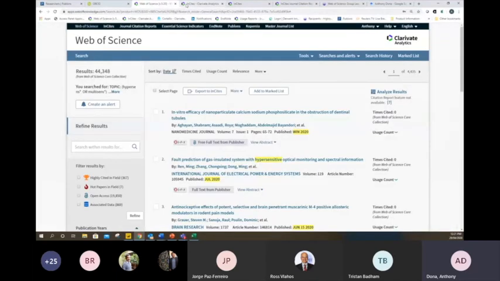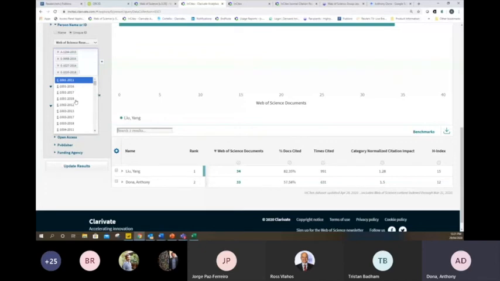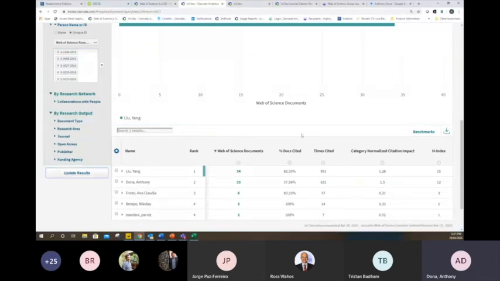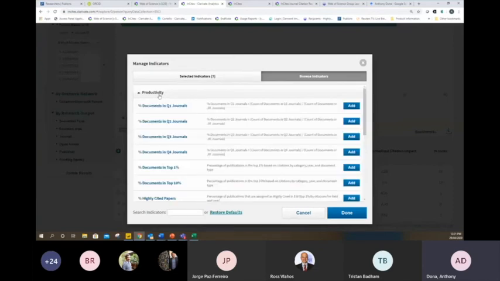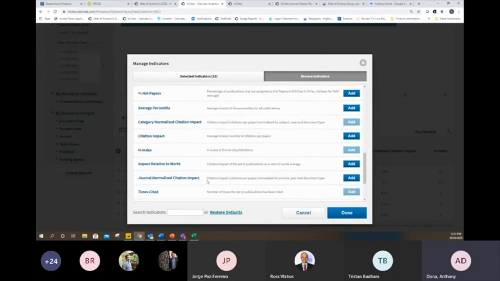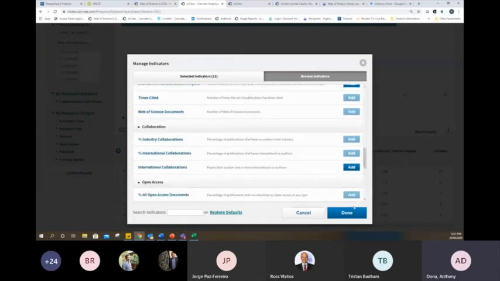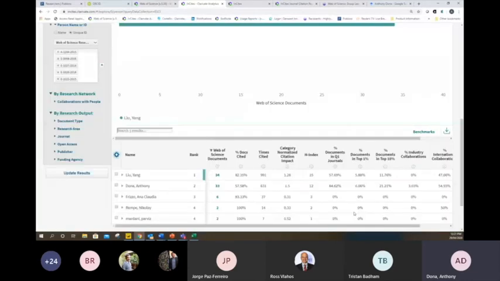If I go in here, I'm actually going to just pick a whole bunch at random rather than picking them out, but I understand where your query comes from here. I've added 4 other research IDs to the analysis than my own, and I'm now comparing myself directly to 4 other people. Again, I can add as many metrics as I like to this, so I can browse these indicators and look at productivity indicators and suggest that, you know, I either publish more with international organizations, or I collaborate more with industry, or I publish more open access content, or any one of those things. Again, I encourage you to browse that content.